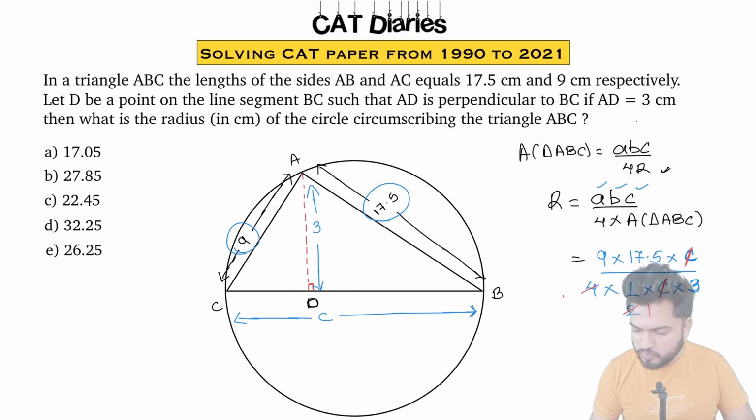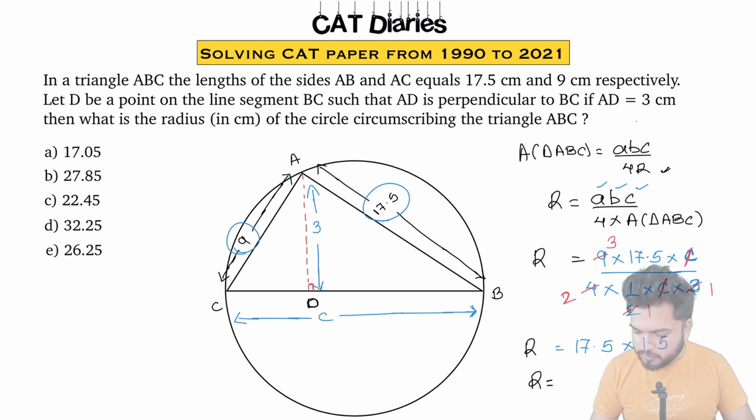So what are you left with? 2 1s are 2, 2 2s are 4. As you cut this, 3 1s are 3, 3 3s are 9. 3 by 2 is what? 1.5. So I'm eventually left with 17.5 into 1.5. That is my answer, because that is what we are equating. Circumradius, that's what we want to find out. So R